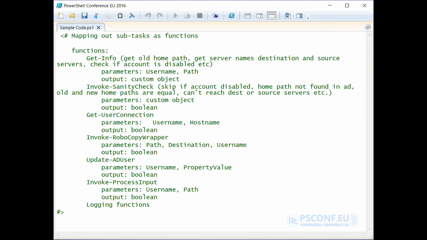And my colleague suggested that instead of having these explicit parameters, since we do have this getInfo function running at the beginning, his idea, and we implemented that in a 1.2 version of the script, was to just generate a custom object and have that custom object be the input for all the other functions. In that way, if we had to add some new functionality, we can just update that object, and that would automatically get inputted to all the other functions. But for the first version, it looked like this.